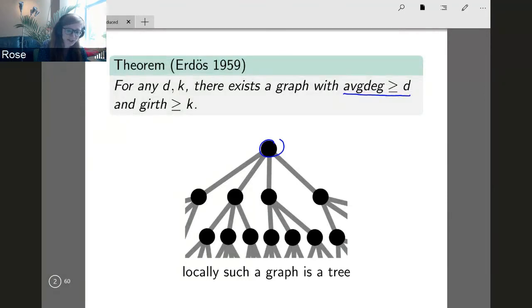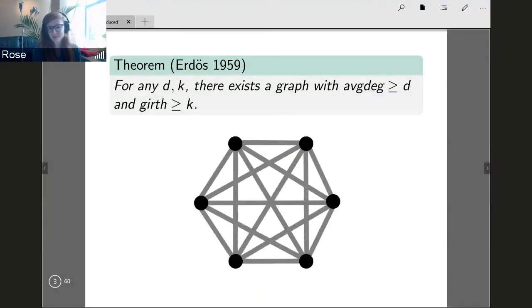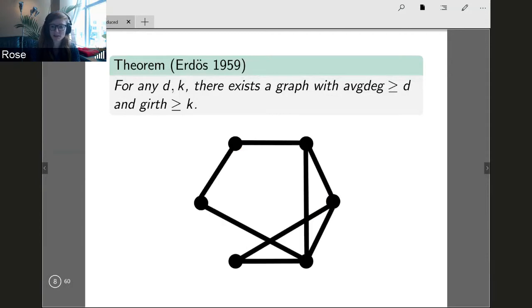It's going to be important later, so I want to talk about how you prove a theorem like this. Since it's Erdos, a random construction works. You start with a big enough clique, and then with an appropriately chosen probability, you include each edge independently at random with that probability. Maybe this edge gets included, maybe this edge is not included, and you keep on doing this for every edge, and eventually you end up with some graph.